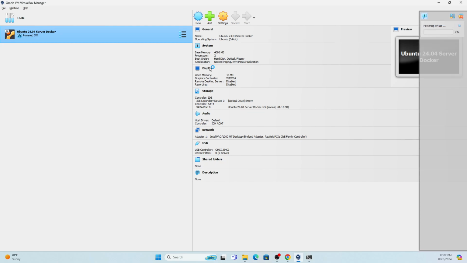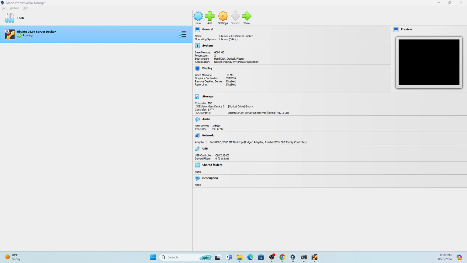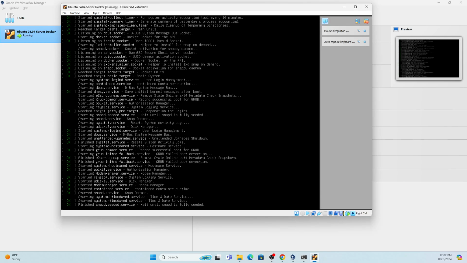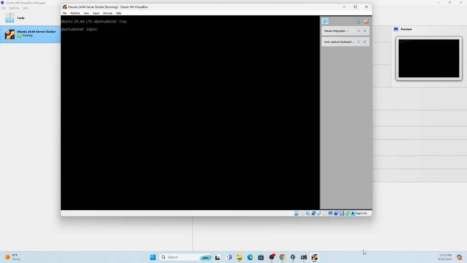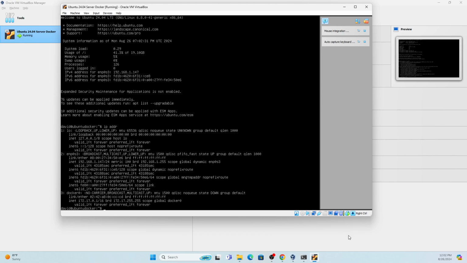When it starts up, you should get a window popping up like this. It's taking some time. Now you log in with the username you created previously and your password. Type the IP address command, and look for the IP address that's showing up there,